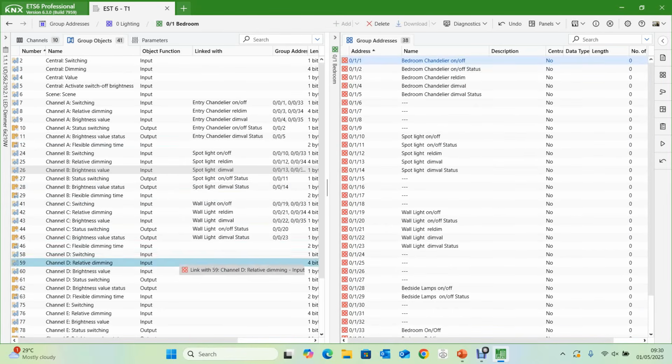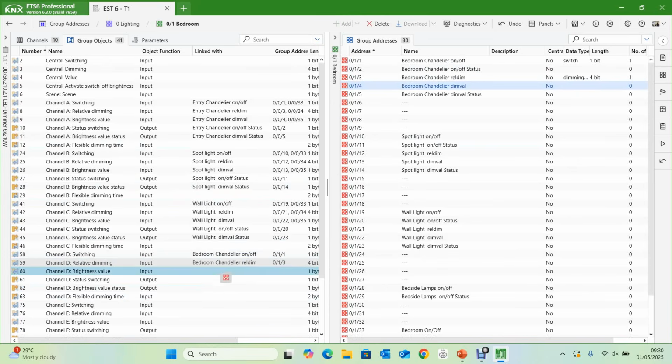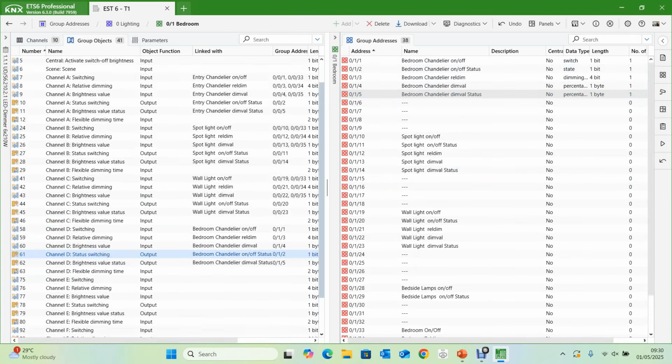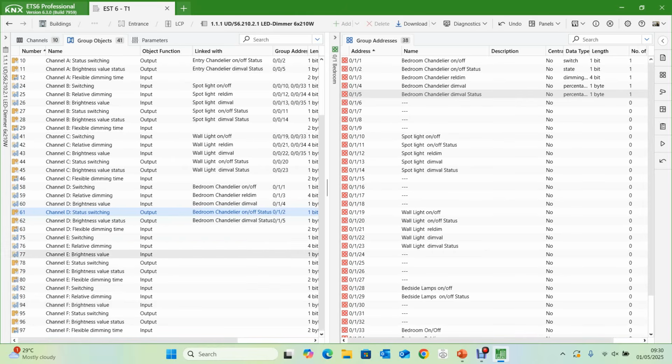That's bedroom 1, relative dimming and dimming value. Again, then switch status and dim value status. It will tell you what percentage it is currently. And then again, switching,